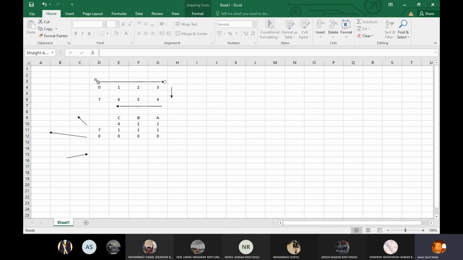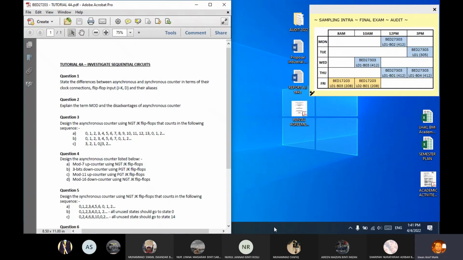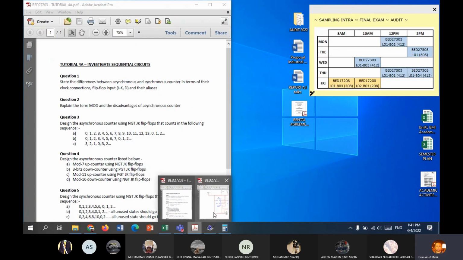So the sequence akan jadi terbalik sebab down counter. Okay, this one will goes up. This one will go to the other way around. And then this one will goes down. Okay, so 0, 7, 6, 5, 4, 3, 2, 1, 0, 7, 6. So dia calculate pusing macam ni. So obviously dia full cycle lah for 3 bits. Okay, so the design of the circuit will be